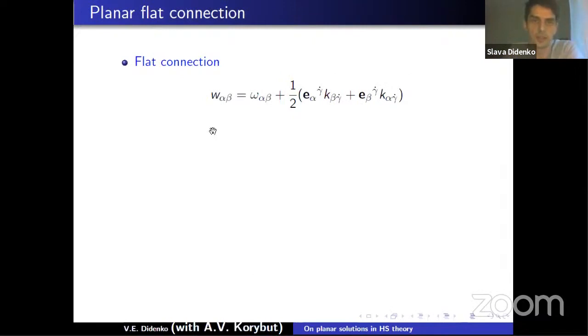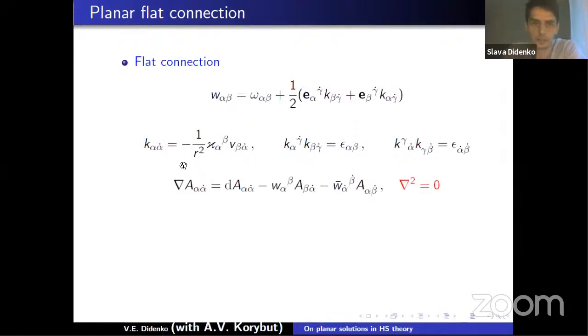there is an extra flat connection, one form, that you can construct out of the AdS Lorentz connection, its Vierbein field, and the vector k, which is constructed from the fields that enter the global symmetry parameter. So the k here is kind of important, it squares to 1. And then if you associate to that connection a covariant differential in the following form, then it turns out to be nilpotent. To check that, you need